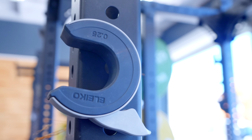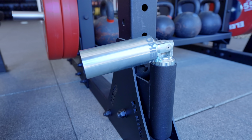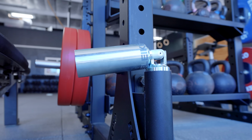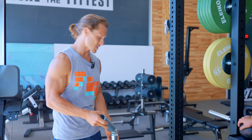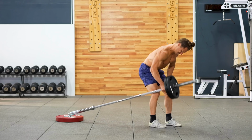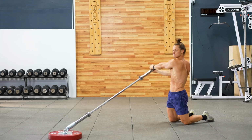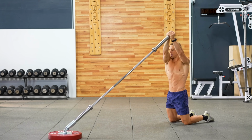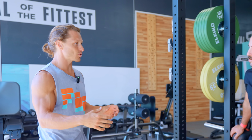The Oppen collars. Another thing I noticed is that you have no shortage of landmines. There are a lot of landmine options, and of course, you can just take a barbell and shove it into the corner of your garage, and it works fine for a landmine. But this is the Eleiko joystick, and these little bar holders work out great. They also can just dump right into a plate, and it provides you all this additional freedom of movement that is going to turn one tool that can do a lot of things into the same tool that can do